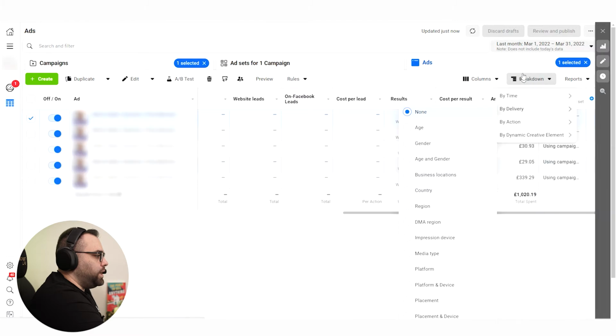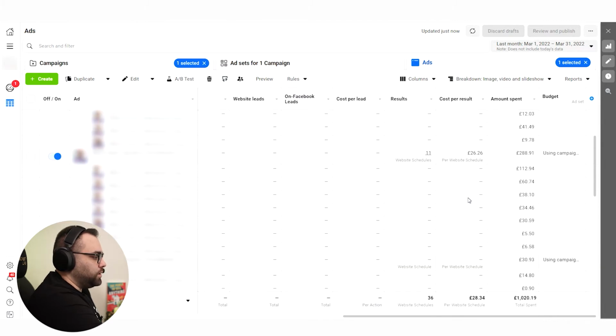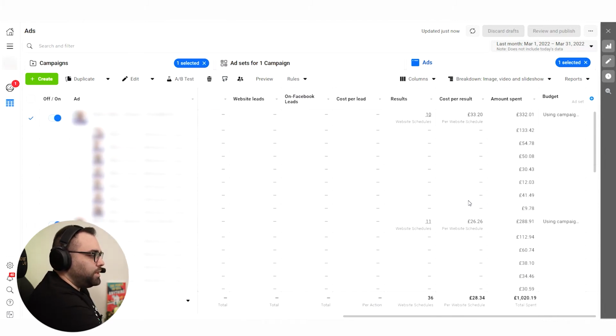So let's go to the breakdown by dynamic creative image, and we can see here that we don't have the option of understanding which image actually is the one that worked the best. For me, the only solution is that when you're having a problem like this, you need to check the spend. When you see the spend and the result is within the rates that you actually want, this is an event within their site, then it means that most probably this is the creative that has actually worked better for them.